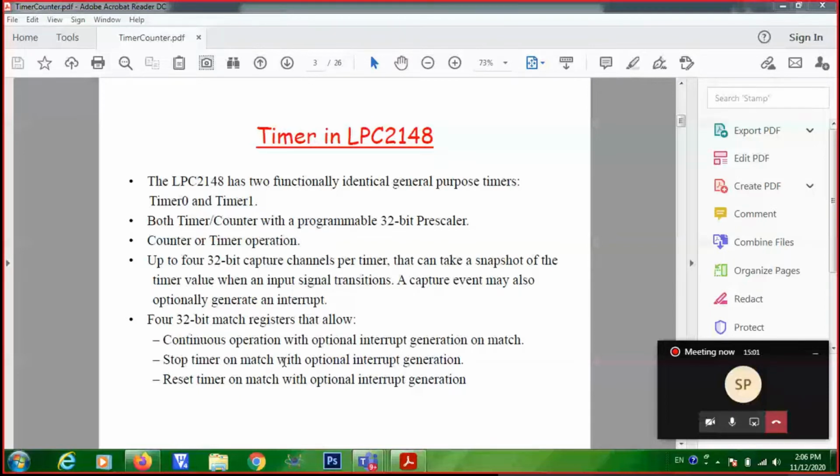Then, in addition to these two modes, there are two other modes known as capture mode of operation and compare mode, or match mode, of operation. That means it can perform a capture operation or a compare operation. What do you mean by capture mode? Any idea? Can you give some example of a timer operating in capture mode?